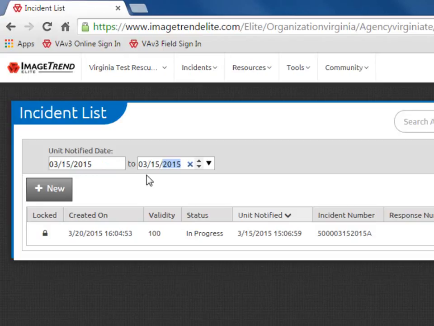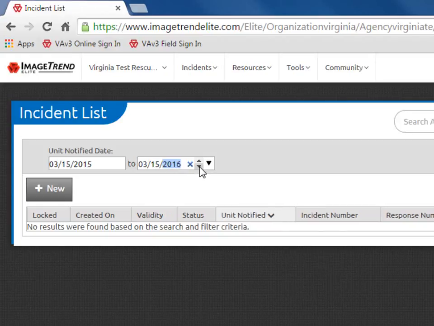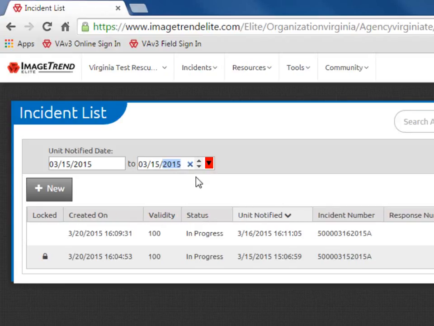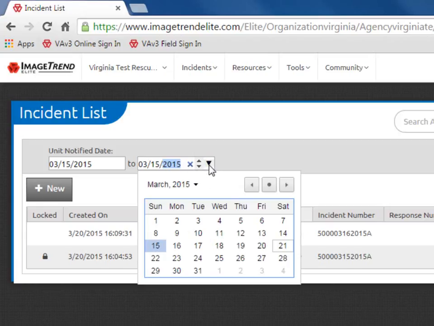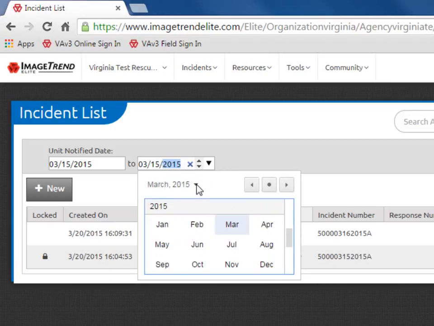You can also see that there are some additional options available within these date fields. Selecting this X will clear the date. Selecting either of these arrows will move the selected field either higher or lower. Selecting this down arrow will give you a calendar view that you can use to select the date. If you select the down arrow next to the month and year, you can select a different month within the